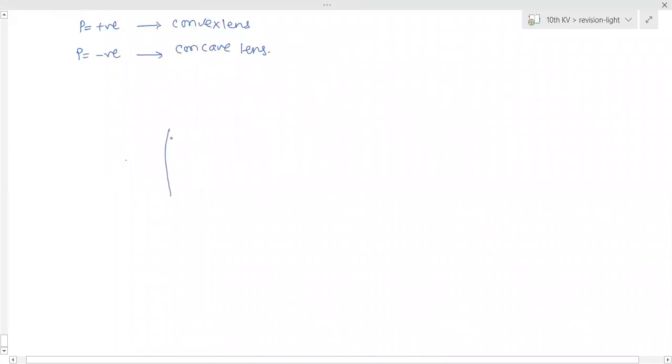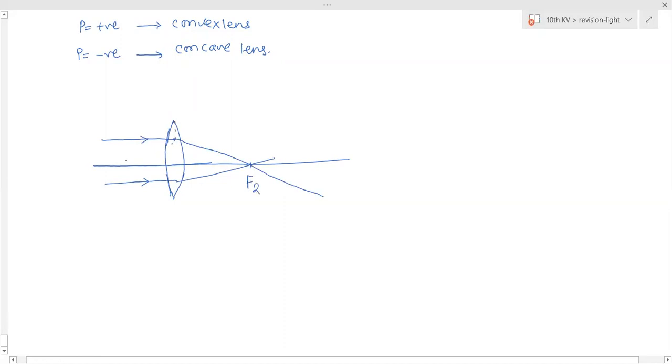So here this is... now here the parallel beam of light is falling. They will meet at this point. That is F2 of this lens. This is point O. Okay. Now we have to place somewhere the concave lens so that after refraction the rays will be parallel. Now where do we have to place it? We have the condition